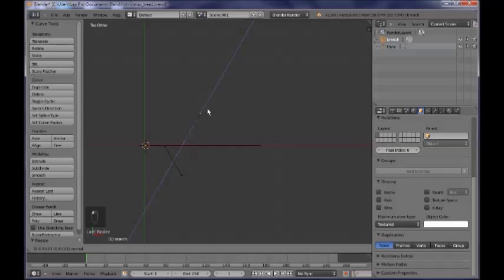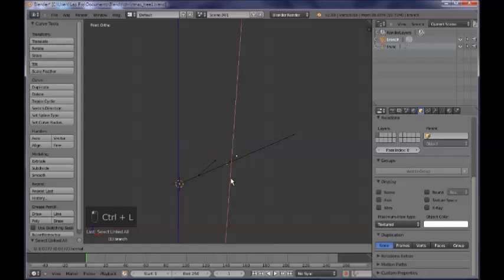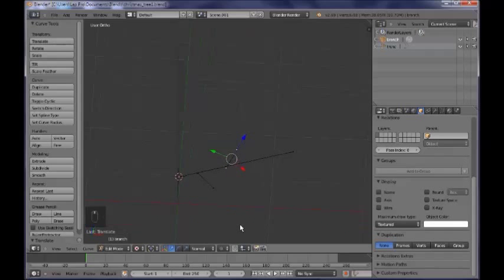So bring them somewhere here. You can always give them some arbitrary, random length, all right? And of course, you want to work in the orthographic views, right? So you can better adjust the position of your branches here, all right? Perhaps give it some more length. Switch over to the top view. A nice way for you to